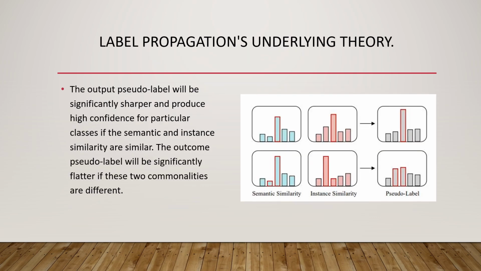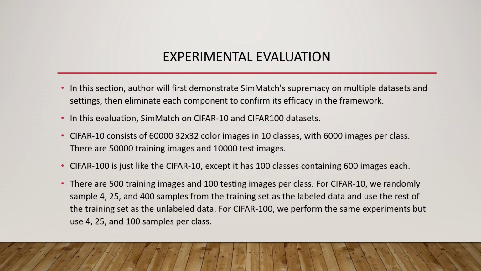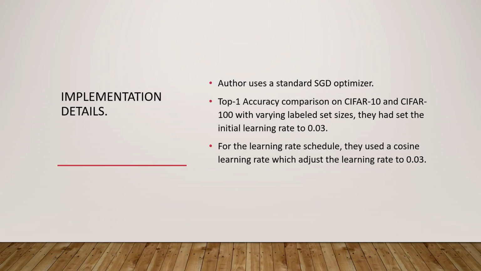That is the label propagation's underlying theory. This theory indicates that the output pseudo label will be significantly sharper and produce high confidence for particular classes if the semantic and the instance similarity are consistent. Here are the implementation details. The authors use a standard